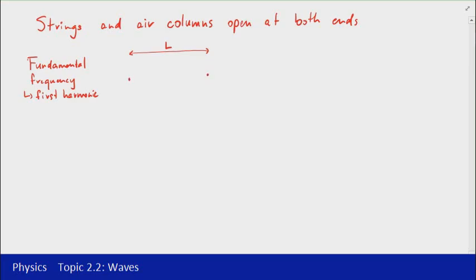The envelope for the fundamental frequency basically looks like that. That's a repeating pattern of node, antinode, node, so nodes at the end and an antinode in the middle. That will represent it like that. Now if we're looking at air columns, again we'll keep the length of the air column